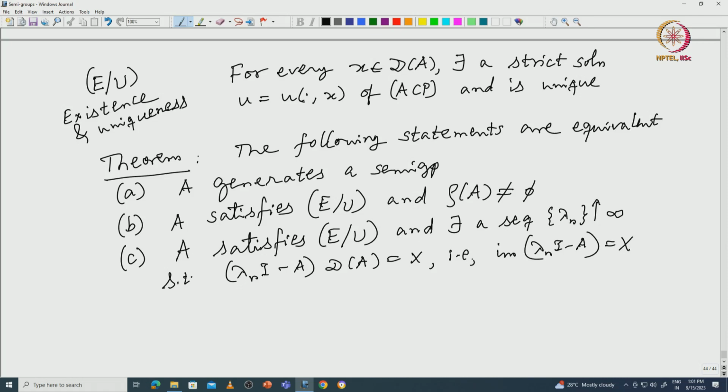And the last one, let me just state that A satisfies EU and D(A) is dense,